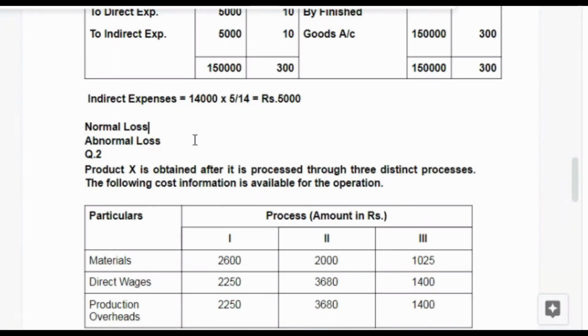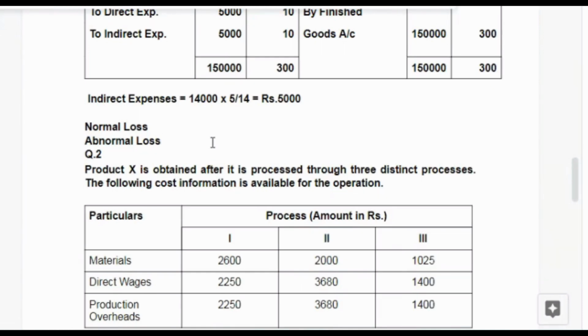Normal loss means the loss which arises or comes into existence due to natural causes. કુદરતી કારણોસર જે થાય. An abnormal loss is due to carelessness of human beings. That is called abnormalness. In this chapter, in this example, we will learn